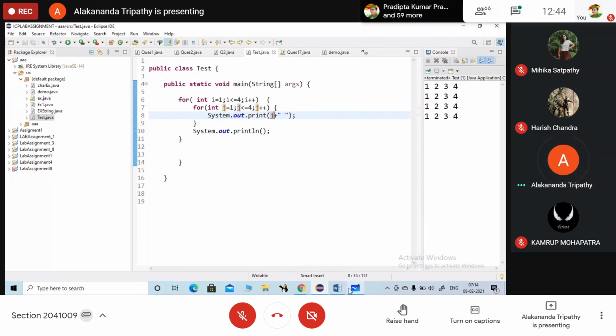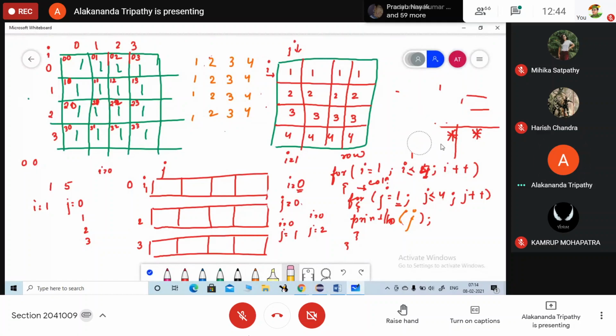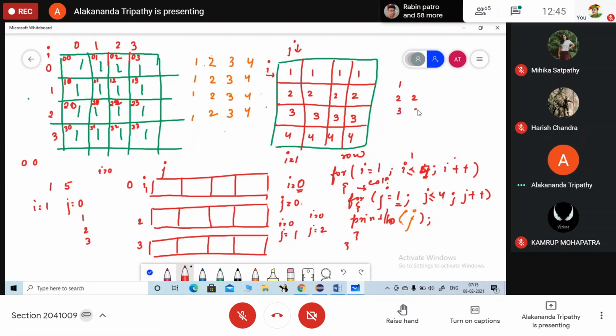Okay. Now suppose I want to print in this order: 1, 2 2, 3 3 3, 4 4 4 4. So what do I need to write here?